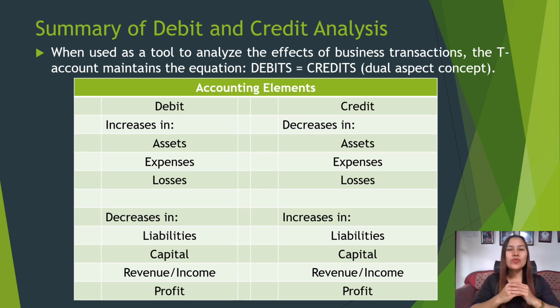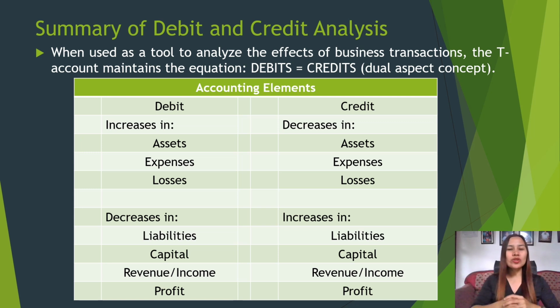But before that, we should always remember the chart of accounts, or the listing of all accounts being used in the business, whereby all accounts are listed in their corresponding normal balances. So, on the left side are the assets and expenses with normal debit balances, and on the right-hand side are the liabilities, the capital, and the revenue or income with normal credit balances.